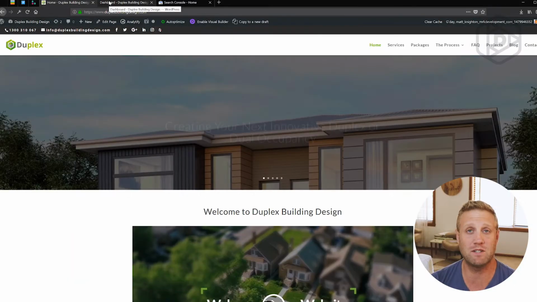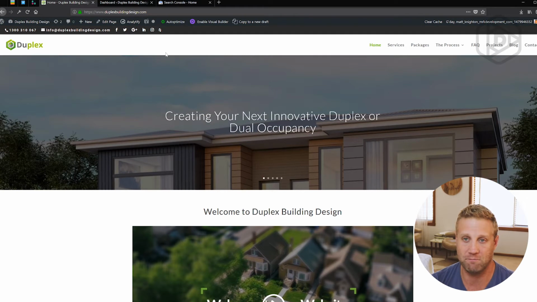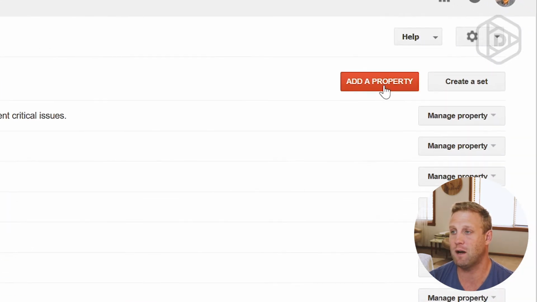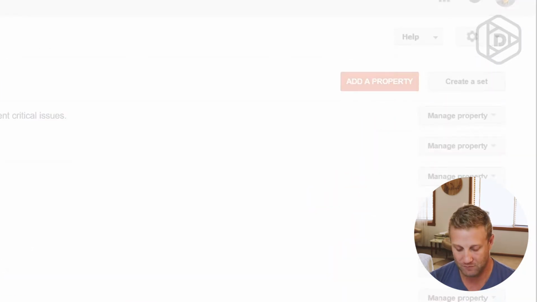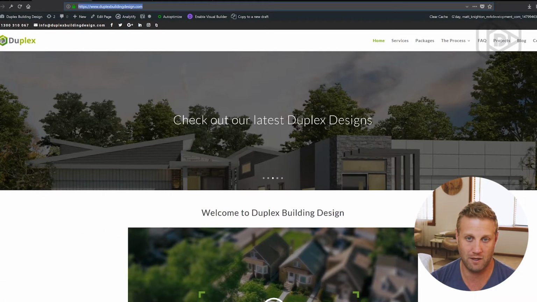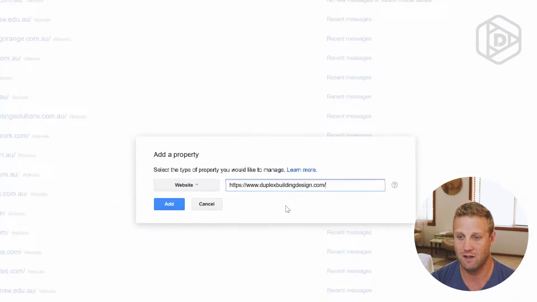So here I have this website, Duplex Building Design, and it needs to be set up in Google Webmaster. So I've logged into the Google Webmasters tool. To get there, go to google.com/webmasters and log in with your Google account. And then I click this red button up here, Add a Property. And I'm going to make it super easy here and just copy the URL of the site, paste it in